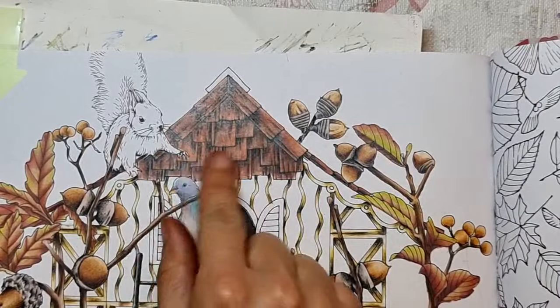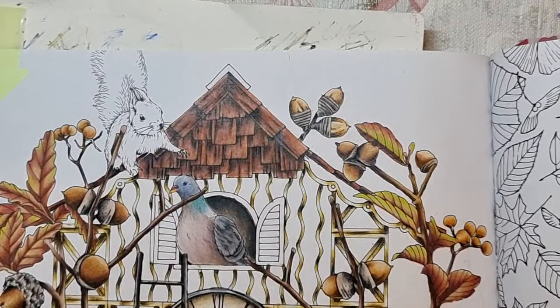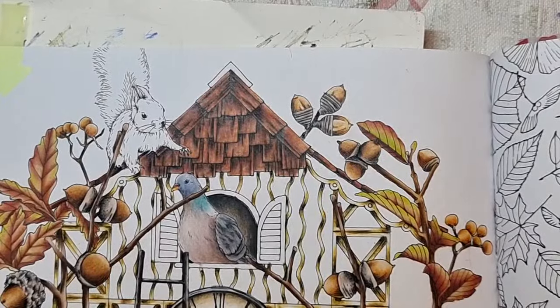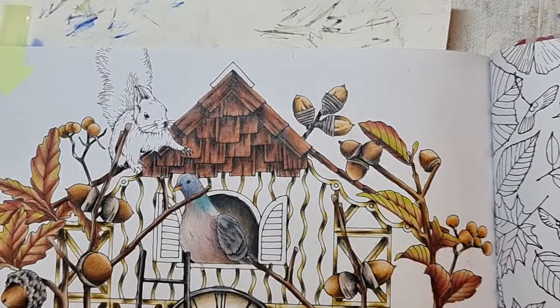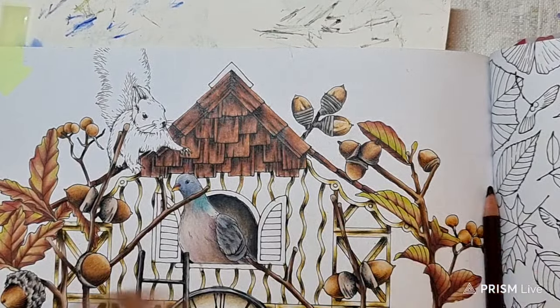Okay, so I want to do that color here. I think that could work really nicely. So I need espresso and a few other colors. Black raspberry, burnt ochre,